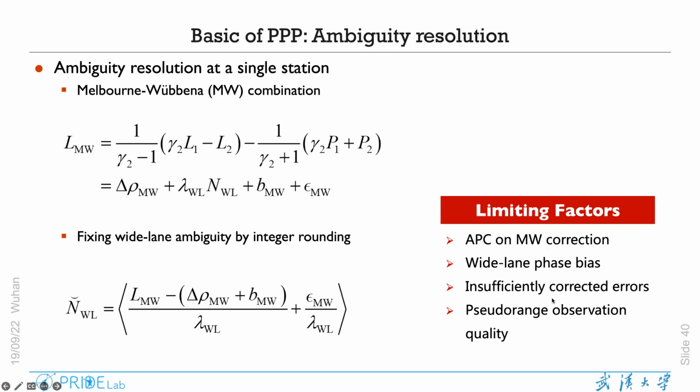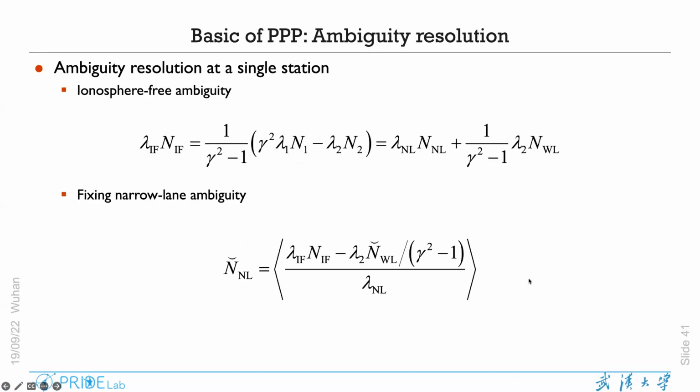And we should think about the insufficiently corrected errors, such as the insufficient smoothing of the pseudorange by the carrier phase, and pseudorange observation quality sometimes being quite bad when we want to identify the long wavelength ambiguities within these observations. Okay,